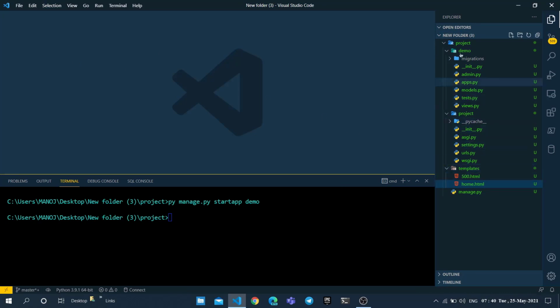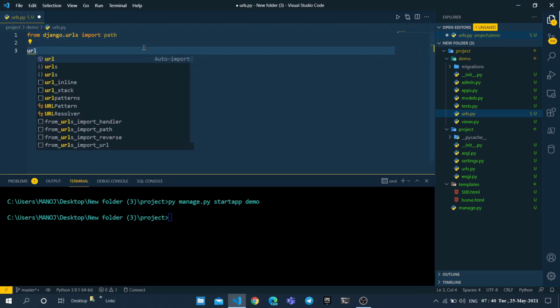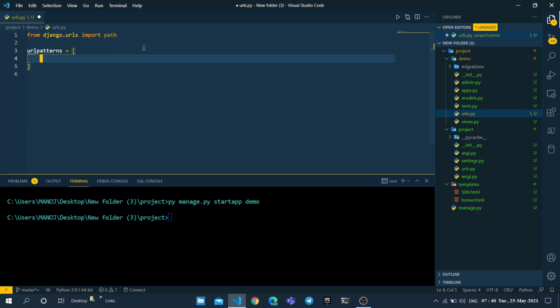In the demo app, create a new file which is the urls.py file. In this file, type the following code: from django.urls import path. In this, create a urlpatterns array which can hold all our paths.